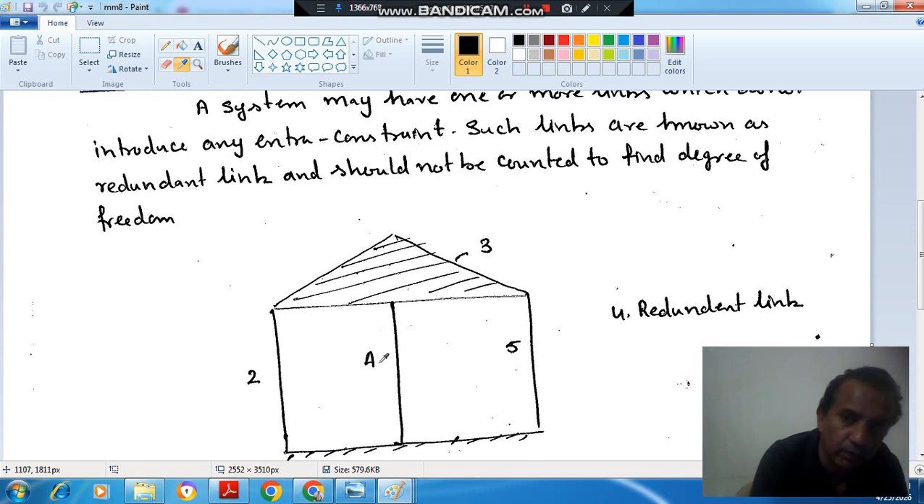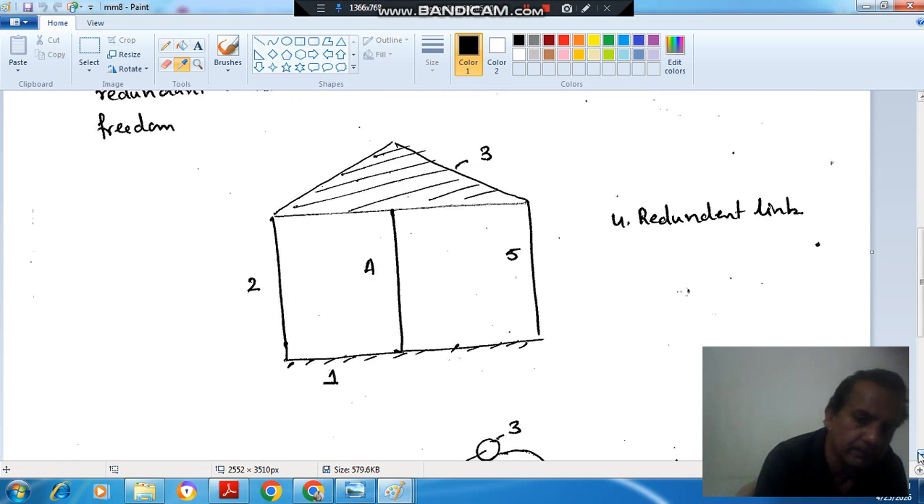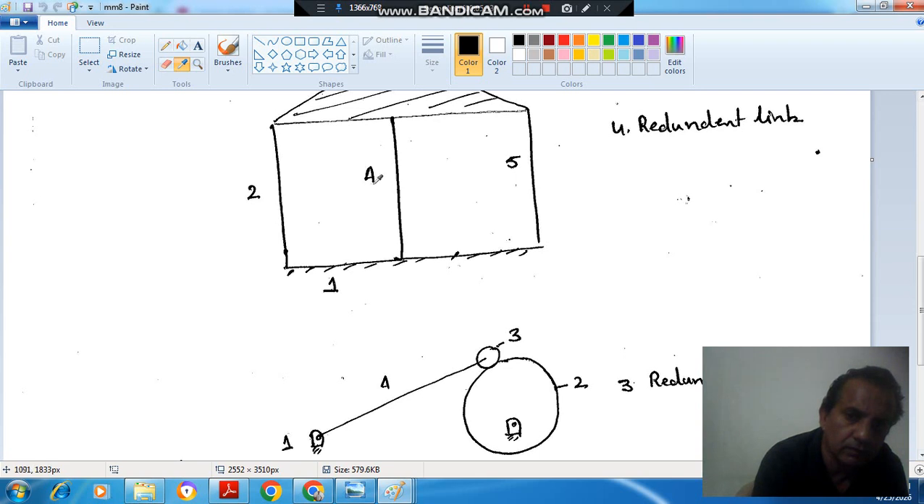So here to calculate the degree of freedom, we should not count this redundant link 4, because it is having the same motion as that of 5. So there is no relative motion between 4 and 5, so they can be considered as 1. So this can be considered as a 4 bar mechanism with 4 lower pairs, and a 4 bar linkage with 4 lower pairs would have 1 degree of freedom, so it will also have 1